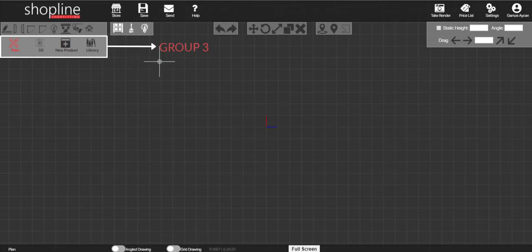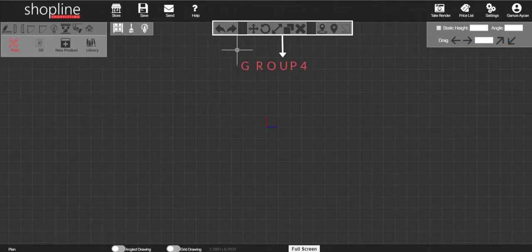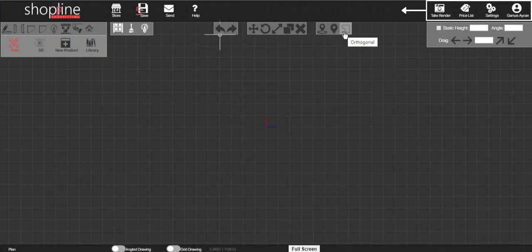The fourth group is the commands that will help you in 2D and 3D modes. The commands here are undo, redo, move, rotate, extend, copy, delete, go to the center point, move the camera, and plan view. Commands in the fifth group are, Take Render allows you to save a JPEG format photo of the